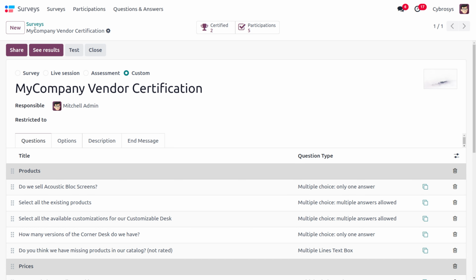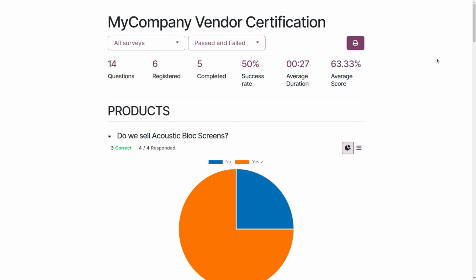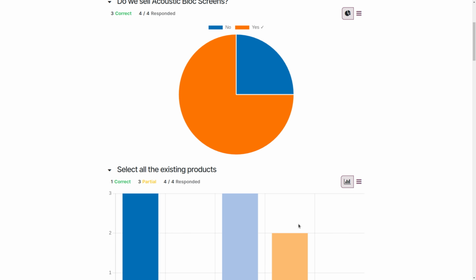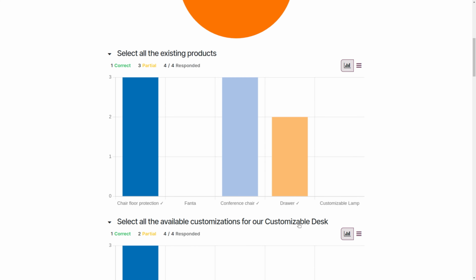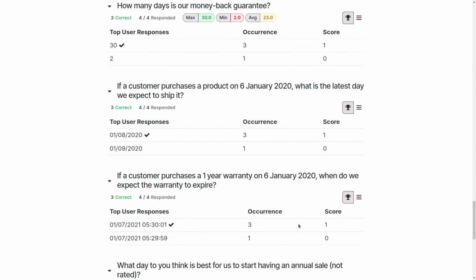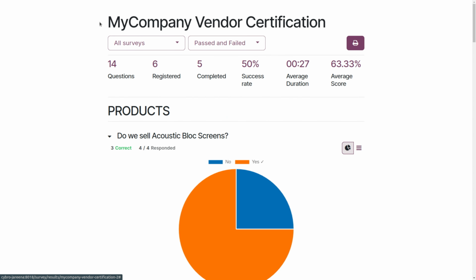And in the survey, we can find different fields like see result and all. So clicking on see result, it reveals a new tab showcasing the detailed metrics and graphical representations of all the surveys, including the participants, the questions, and the responses, and deeper analysis. And you can find everything from this section. And if you want to start a new survey, you can also start that.